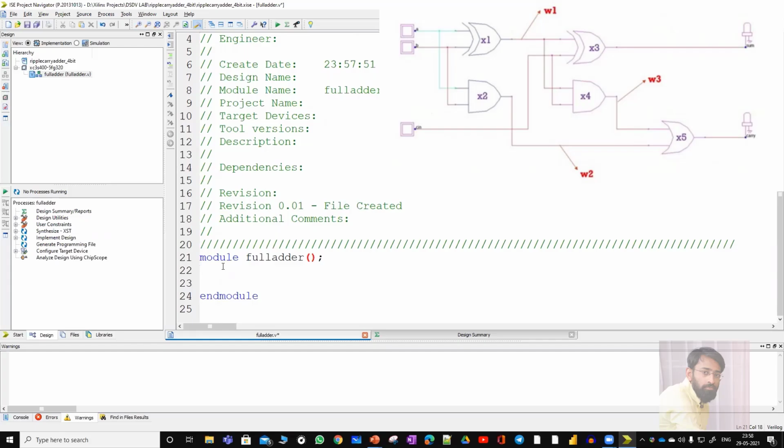The full adder contains 3 inputs as well as 2 outputs. The 3 inputs are A, B, Cin, and the outputs are sum and carry. So I'll write it like this. First it is carry, next sum, after this A, B, Cin. Next comes port declaration.